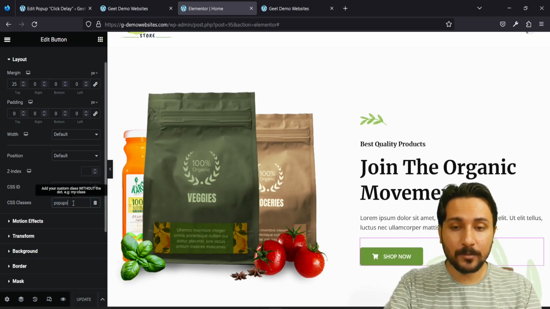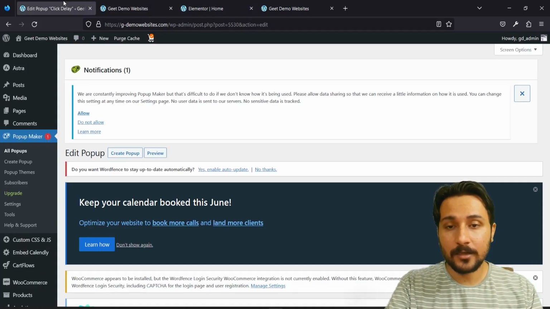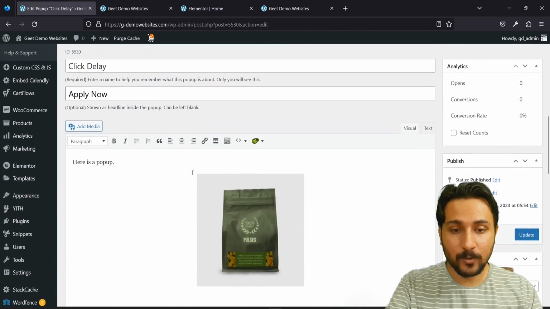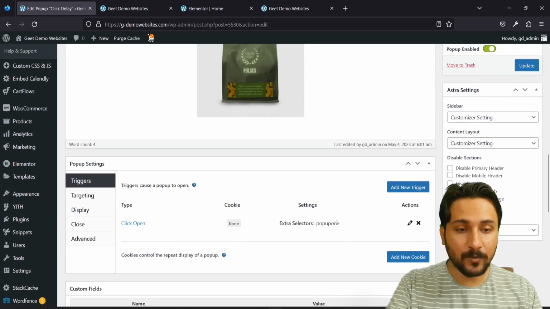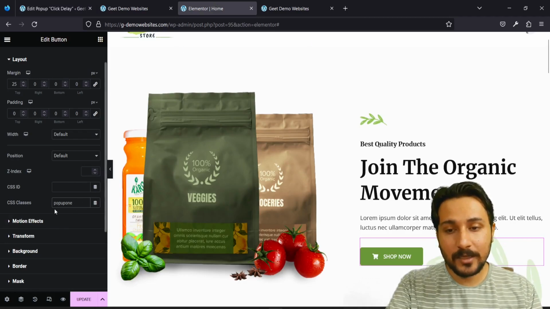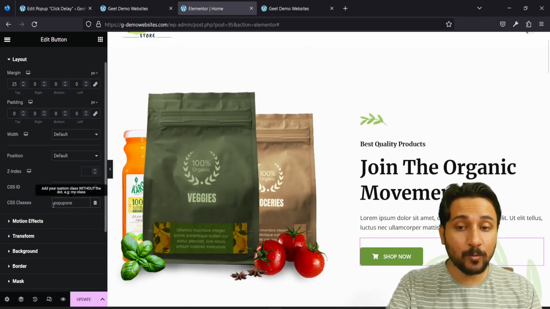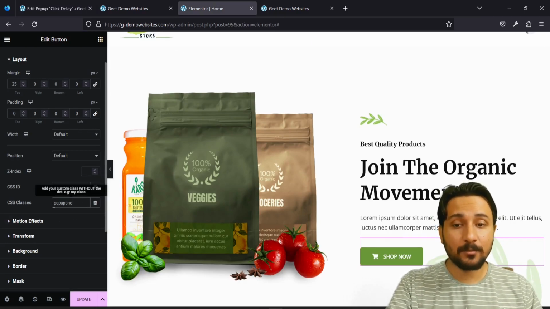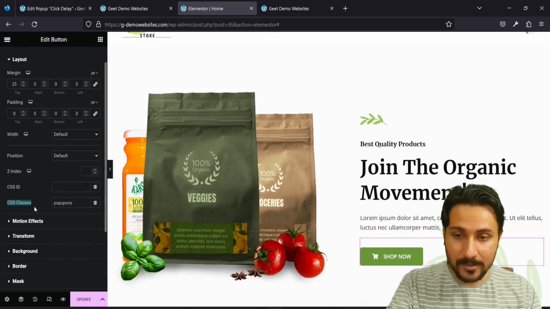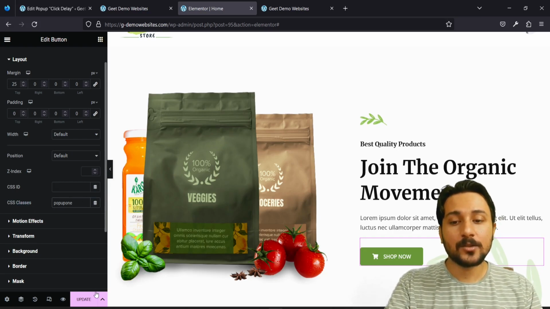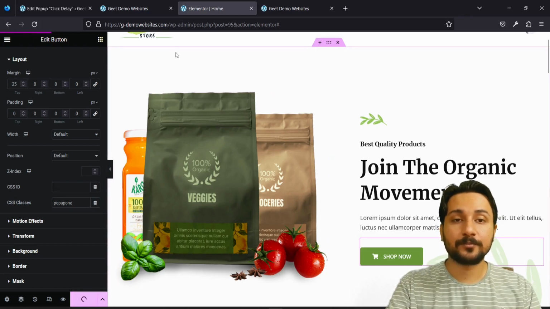Since I put pop-up 1, if I come over here, I can see what I put. I put pop-up 1, right? So I'll come over here and put pop-up 1, but make sure you don't put the dot. The dot is for a class, but you don't have to put it here since it's already a separate CSS class field. So if I put it over here and click on update,